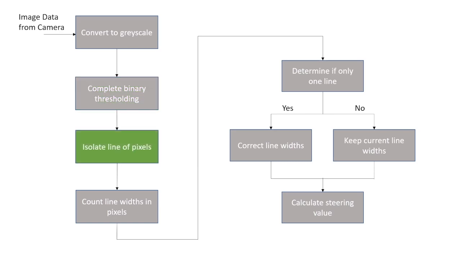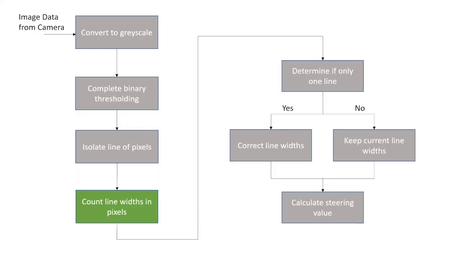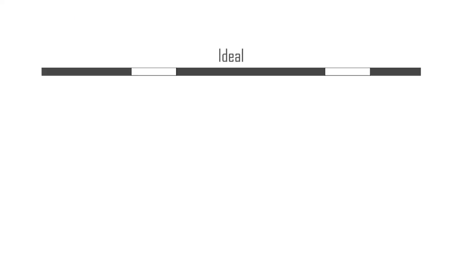Then a line of pixels near the middle of the image was chosen. This can be seen on the blue line in the following video. The line widths along this line were counted, using the pixels with a value of 1. In the ideal case, this is a simple process since the two groups of white represent the two lines, but